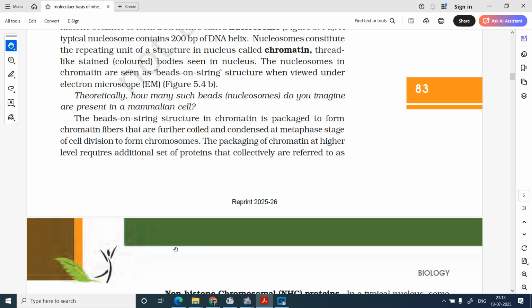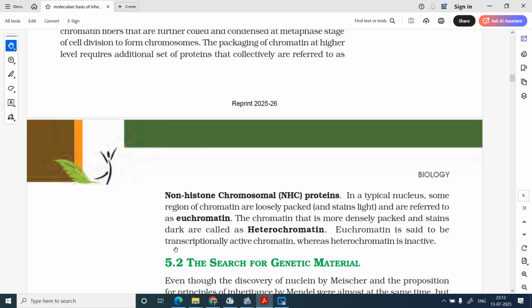The beads on string structure in chromatin is packed to form chromatin fiber that are further coiled and condensed at metaphasic state of cell division to form chromosome. The packaging of chromatin at higher level requires additional set of proteins that are collectively referred as non-histone chromosomal (NHC)